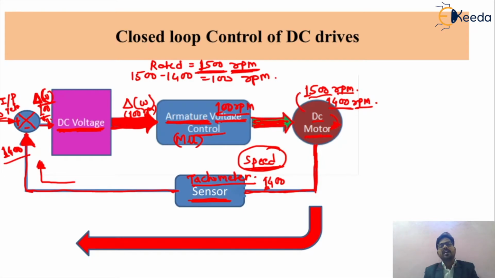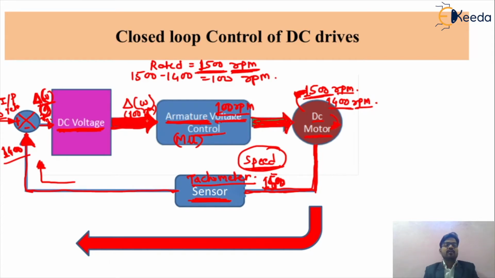What will be the rated speed? Again, that is 1500. Means in that particular process, according to the feedback signal of your DC motor, we can automatically control the speed of your DC motor by means of the controlling action of your controller. And now the rated speed of your motor is 1500. If the speed of your motor reaches 1500, then this sensor will again send the signal. At that particular case, the value of your speed is 1500 rpm, so the error signal at that time is 0.